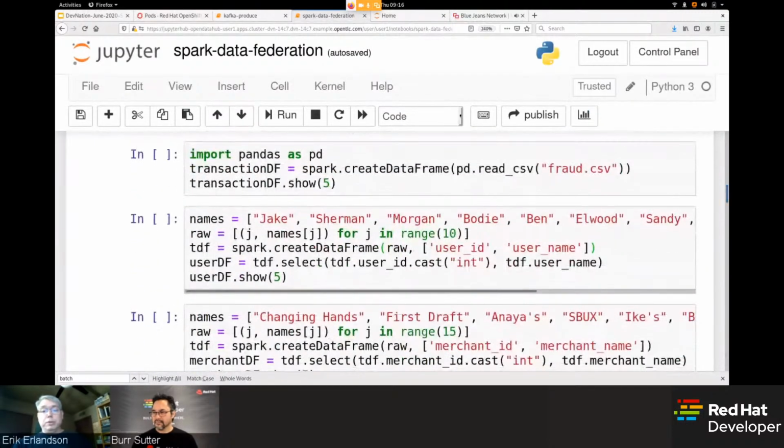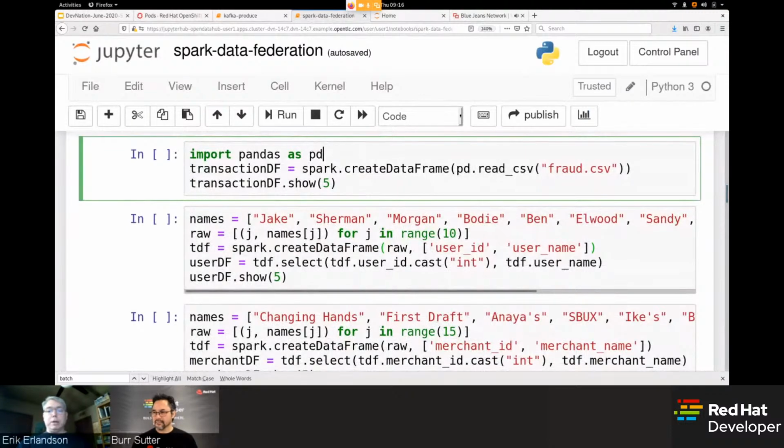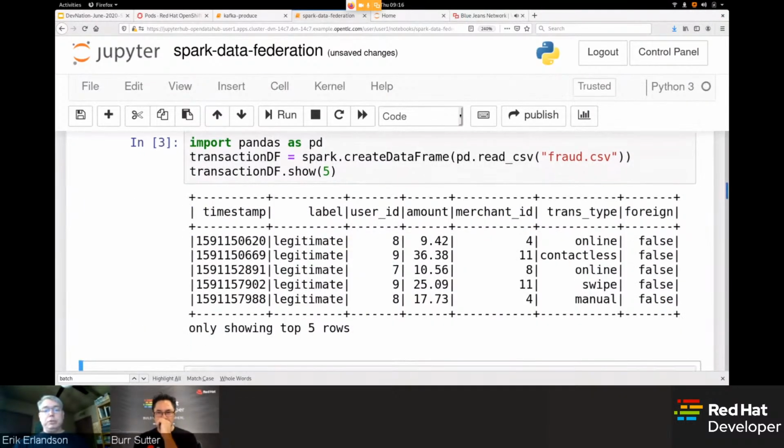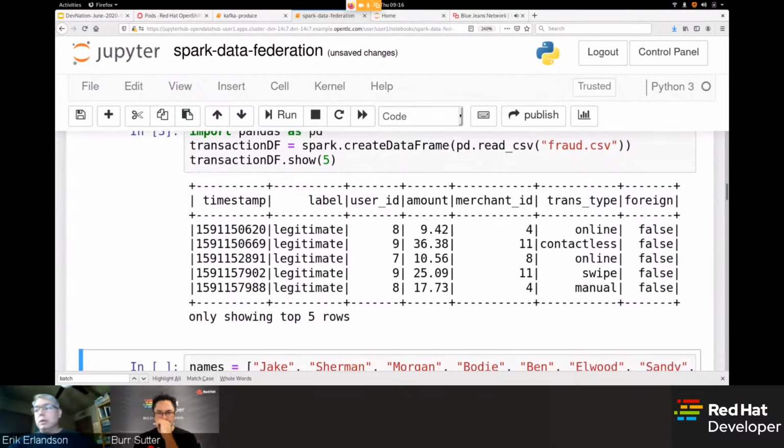So the first thing I'm going to do is just load up one of these data frames I just talked about. And here you can see I'm actually taking it from a CSV file. So this is an example of just attaching to a raw data file and wrapping one of these data frames around it. And if I show it, you can see that this looks like credit card transaction data. So this is the kind of data you might see at any major credit card company. It's got user IDs, the merchant ID, some transaction amount, and some information on what kind of transaction type it was and whether it was to a foreign country.